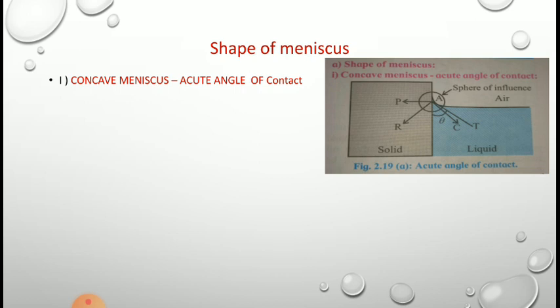The net cohesive force, represented by vector AC, acting on the molecule, is directed at nearly 45 degrees to either of the surfaces. The magnitude of adhesive force is so large that the net force represented by vector AR is directed inside the solid. So in this diagram, vector AR is the resultant of cohesive force vector AC and adhesive force vector AP.